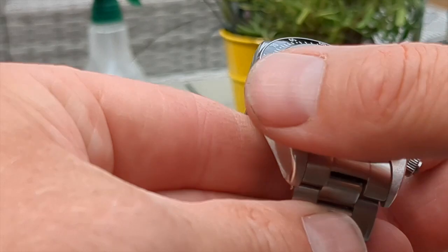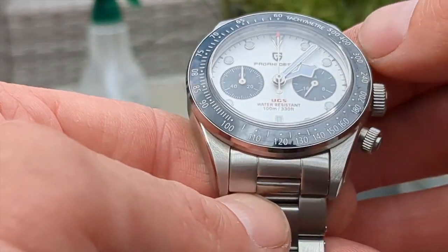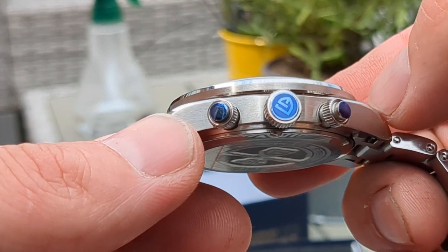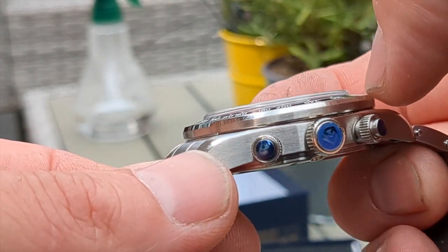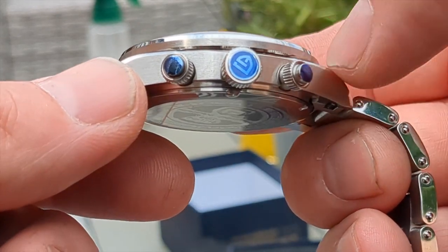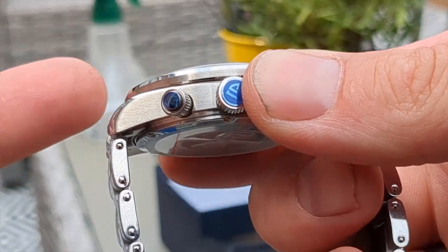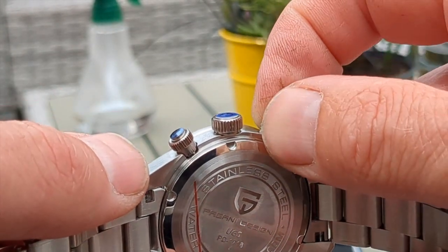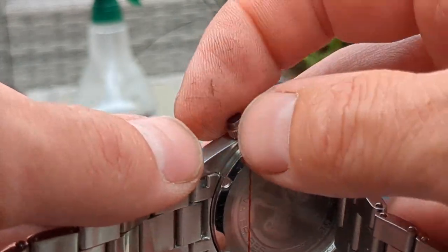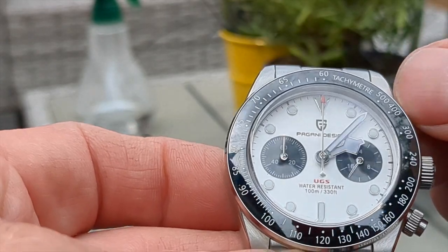So we've got the ceramic insert for the bezel there, which is black, high gloss, and we've got a little bit of an edge there, so the stainless steel, so if you can just feel with your nail that the edges of that ceramic is protected, so if you were to bash it from this angle you wouldn't damage the ceramic. We've got screw down crowns on the pushers,